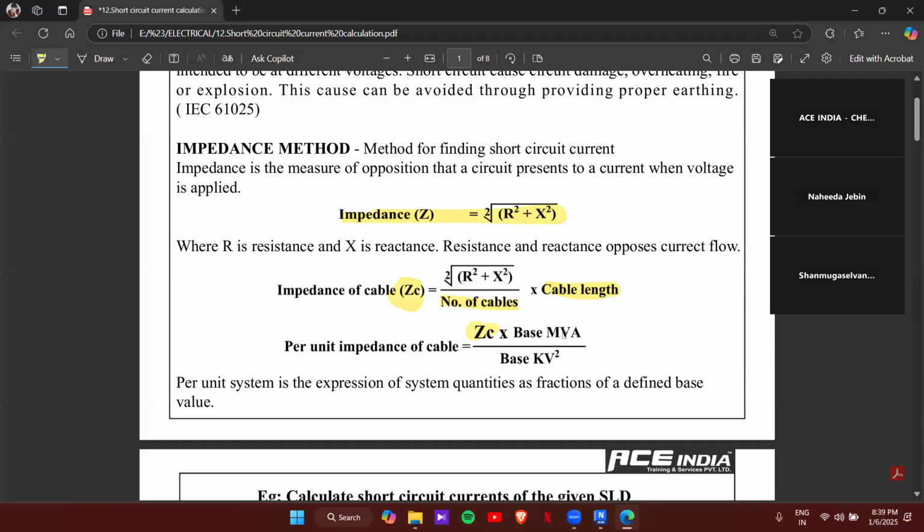Base kV square means the supply voltage through that line. Whatever the supply voltage is, suppose it's 11 kV, it means 11 kV square. If it's 33 kV, it will be 33 kV square. So that is the base kV, the supply voltage through that line. That's it. And why we consider base MVA as 10, if you consider the